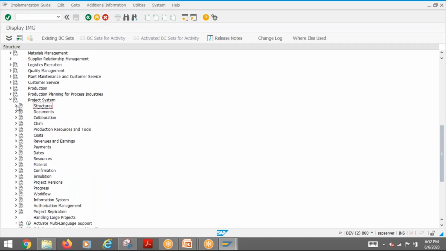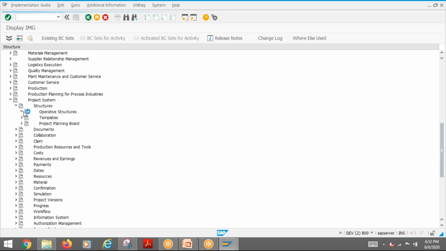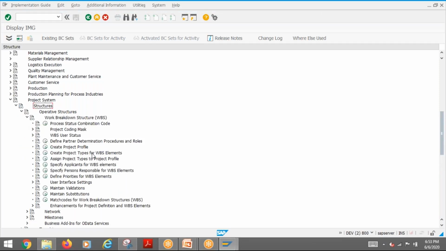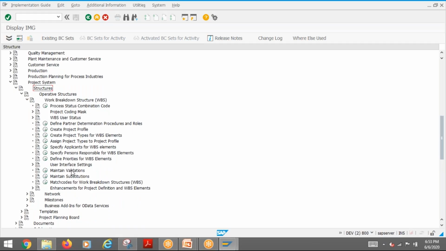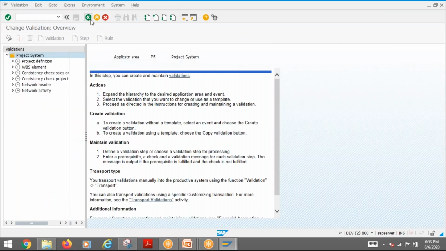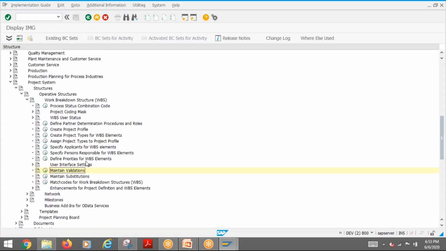So here, structures, variety structures, work breakdown structure. Then we are going for maintain validation substitute. These are the two things. So first, let us look at the validation. So validations will be here. Okay. So this is PS specific only that will come. There is a GGB0 transaction that will bring all the validations